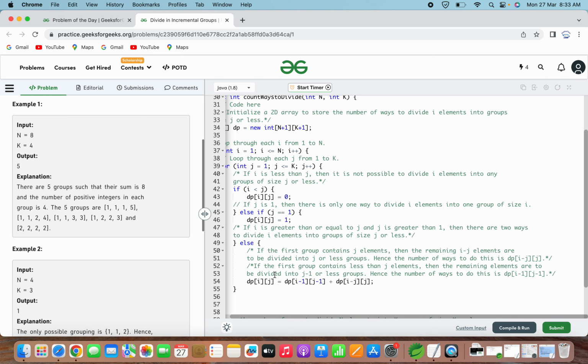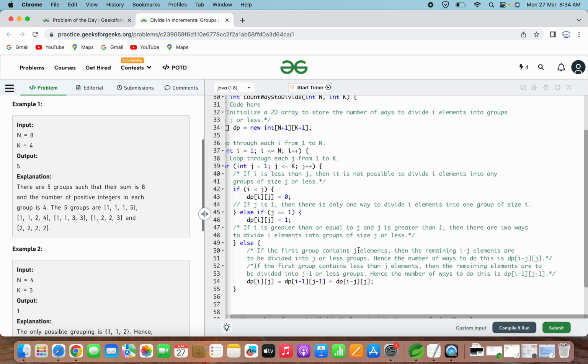The next scenario: if the first group contains fewer than j elements, then the remaining elements are to be divided into j minus 1 or fewer groups. Hence the number of ways to do it is dp of i minus 1 and j minus 1. So here we are taking two scenarios, when the group size is j only and when the group size is less than j.